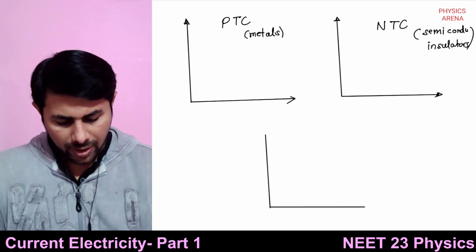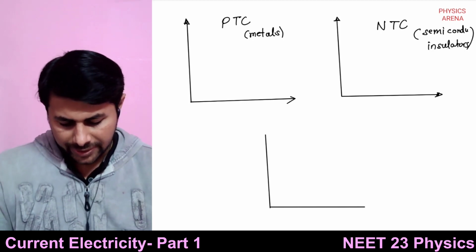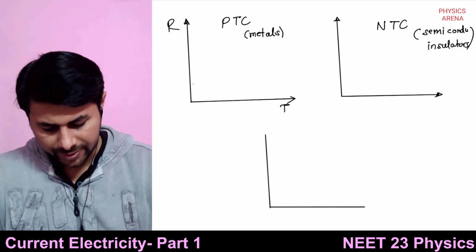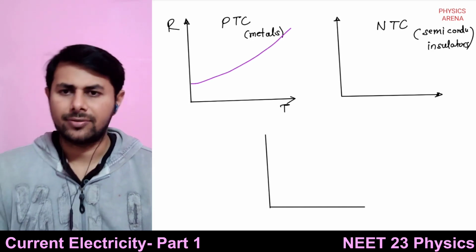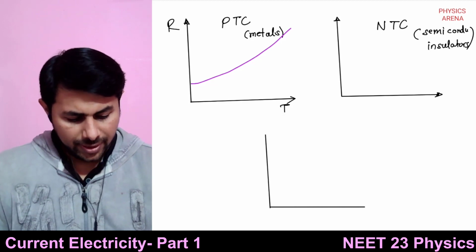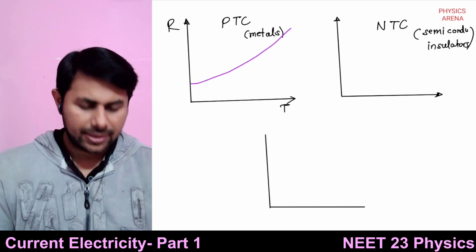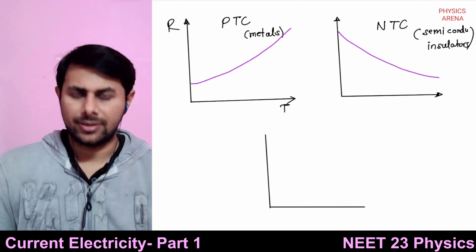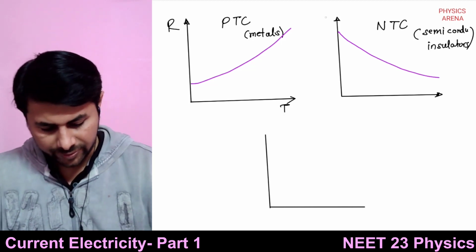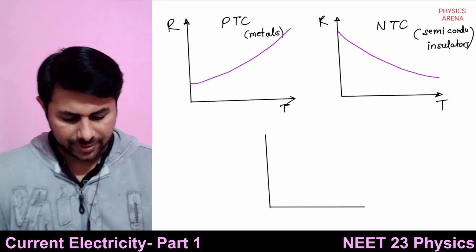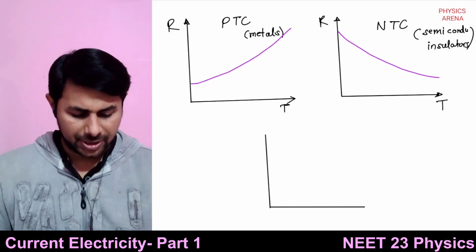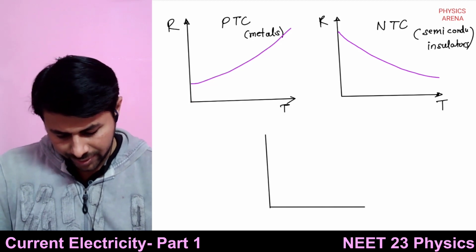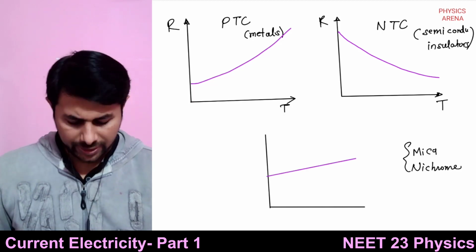Okay, so the graph of resistance versus temperature for metals will look something like this, right? For semiconductors and insulators, it will look something like this. Okay, it's resistance versus temperature because they have negative temperature coefficient. And for some materials, the graph will look, okay, for substances like